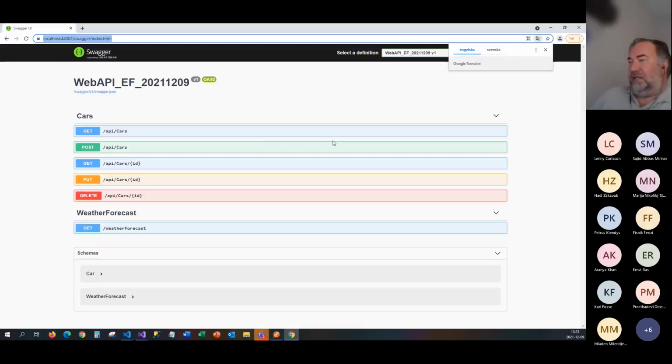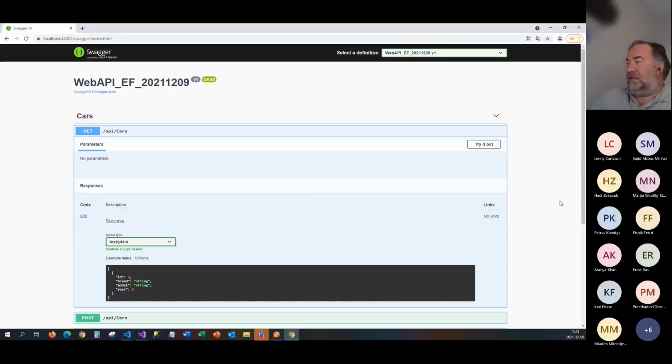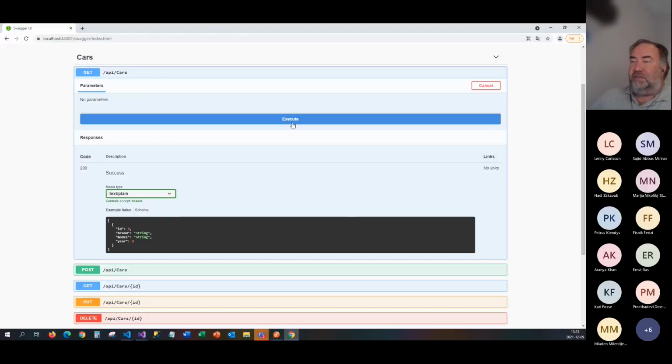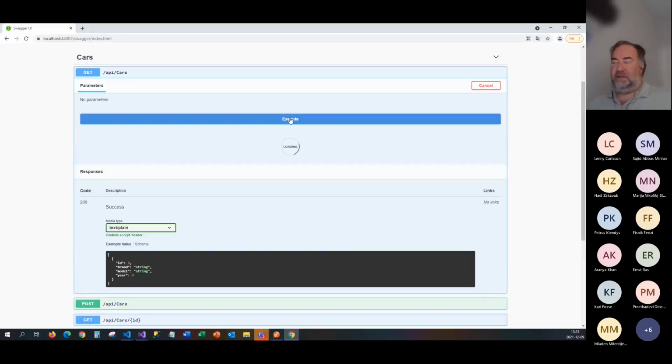So we're getting the Swagger page, hopefully. Now you see this Swagger is checking this API, what it's containing. So we actually get the cars and the weather forecasts. So you can have many controllers inside this API. We don't have anything inside the database yet, but if we check this get, for example, and try it out, and just do an execute. Do you see the data down here is just example data, but when I do the execute,